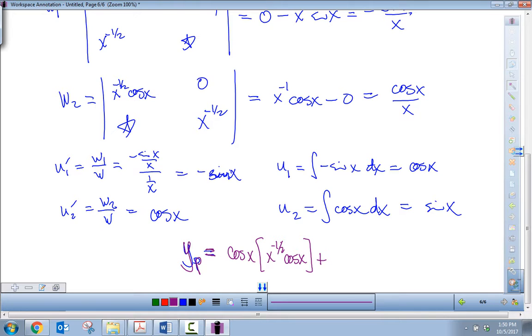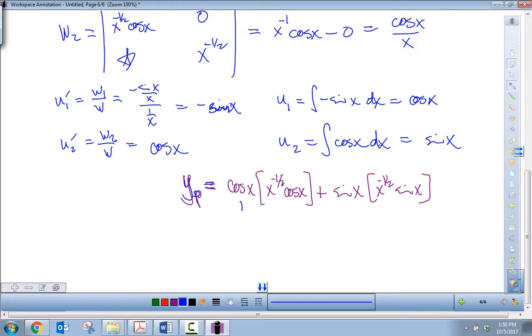I think I might have switched the u's and the y's. x to the 1/2 negative sine x. But if we label it, you'll remember this is the u1 that we found, this is the y1 that was given, the u2 that we found, and the y2 that was given. So if you just string this up into your final answer,